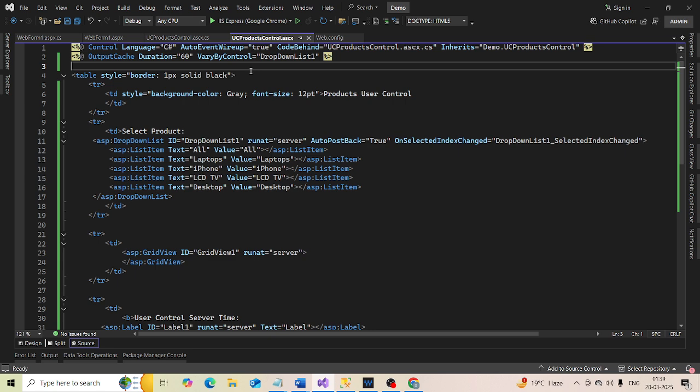Now if we want to do it programmatically, we can use the PartialCaching attribute. So if you look at this slide here,